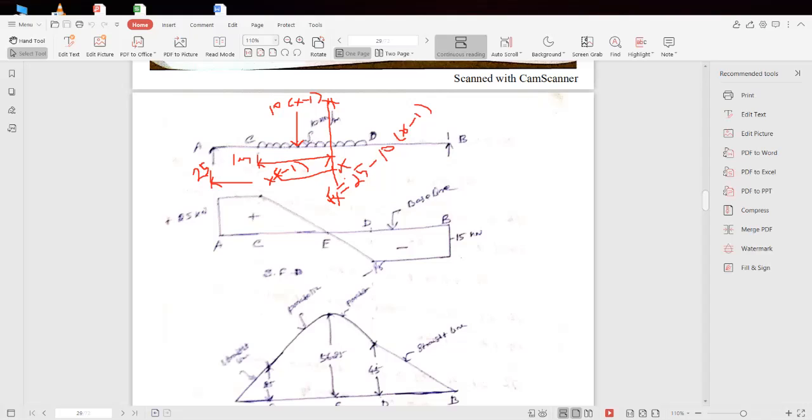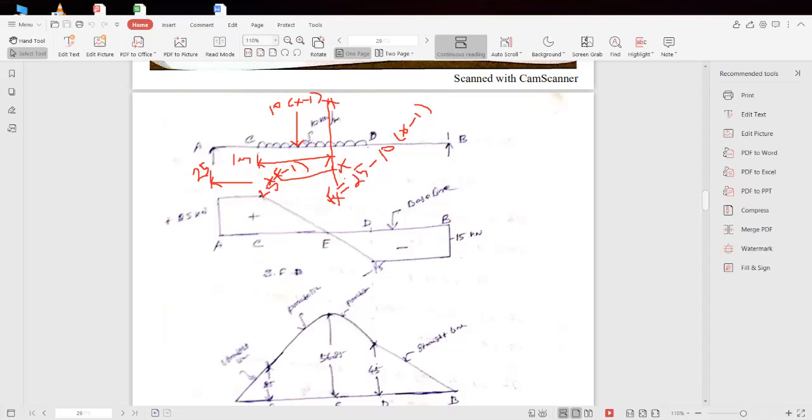So now at point C, so here the shear force value 25, so it is constant up to point C, 25, I know. Okay, so at point C, suppose I am calculating shear force, the x value at the point is 1, right? So 1 minus 1 is 0, 0 into 10, 0, therefore 25. So at point C, the shear force value will be plus 25, right? Plus 25.